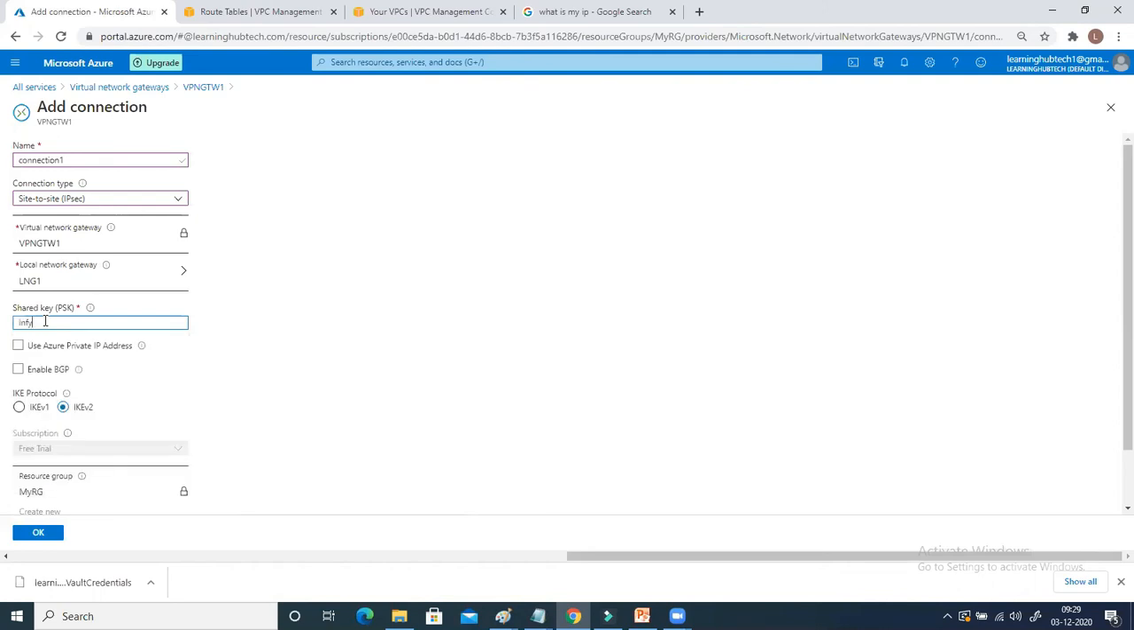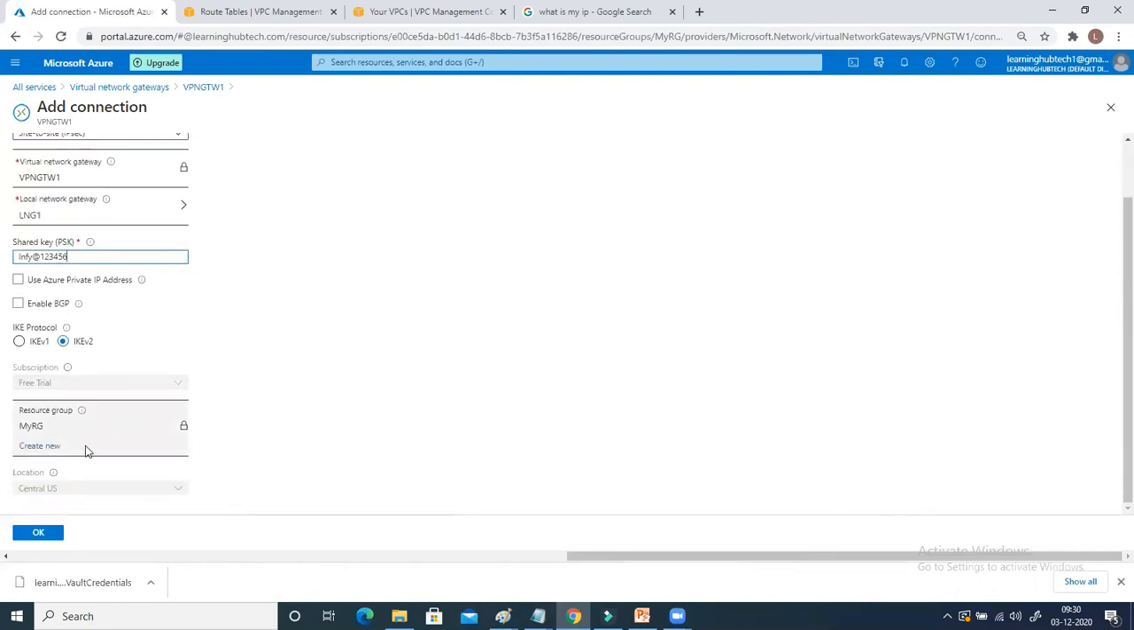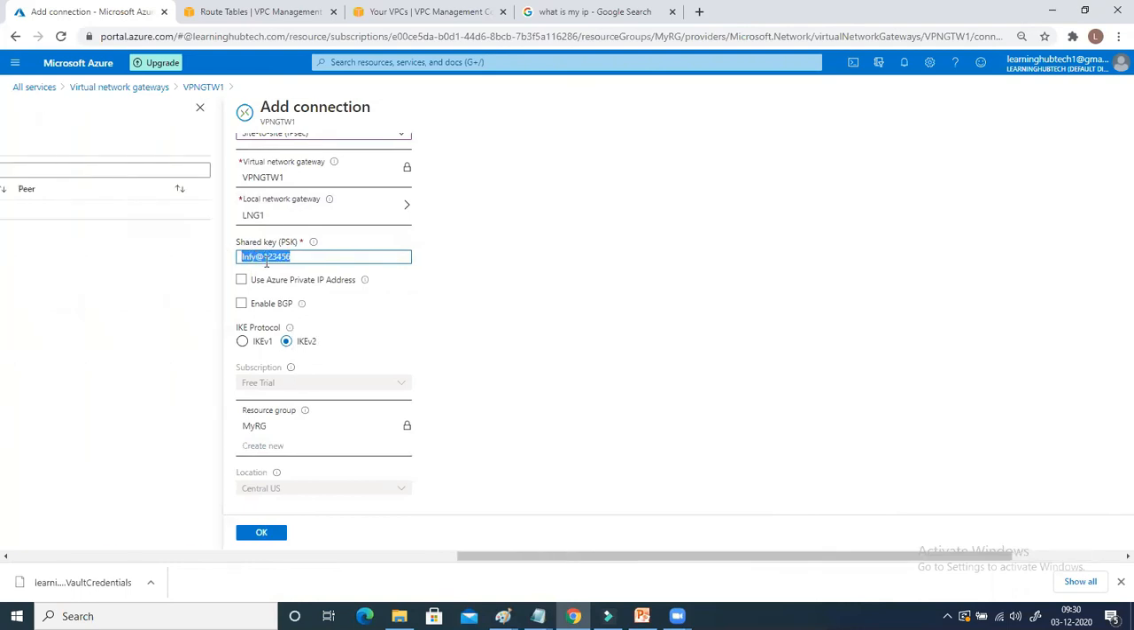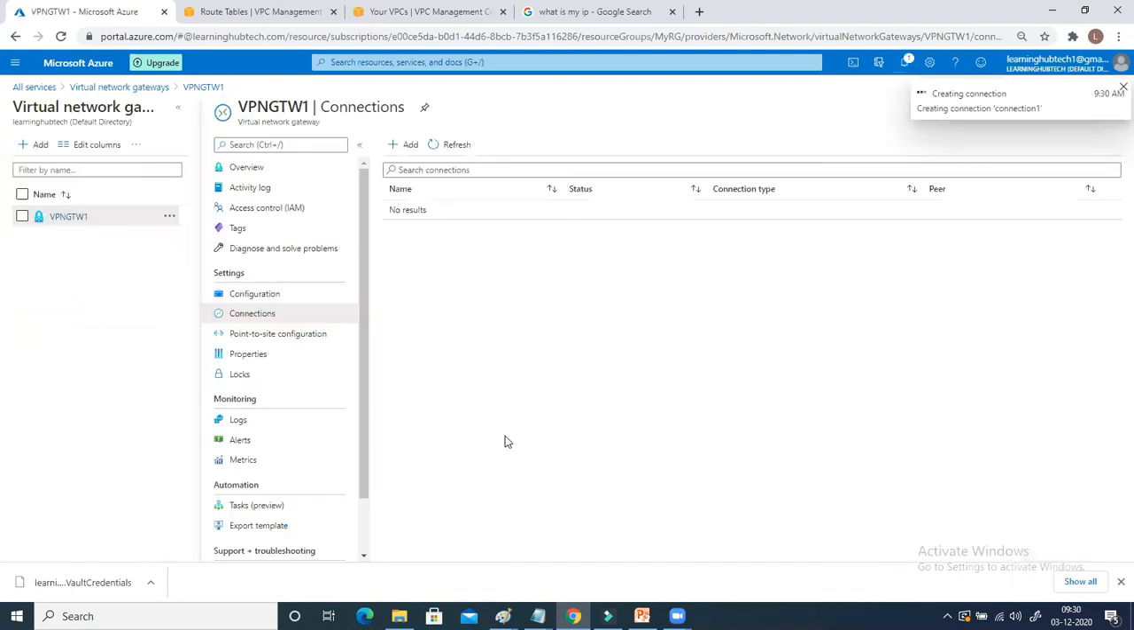So shared key is like a password, 123456. Okay, so this I have given. The protocol is IKE version 2, and just go here. Remember this password because this password you have to give to your on-premises team also, right? So click on OK. So I have created a connection from